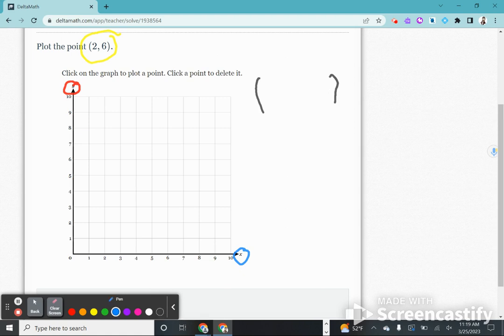Our first point is the x point in blue. So our first point is 2, meaning that our point will go 2 across. And then when we look, the second point represents our y. So we have 6 as our y. So when we go to put this point on our graph, we know that x is 2, so we're going 1, 2 across and up 6, all the way up to